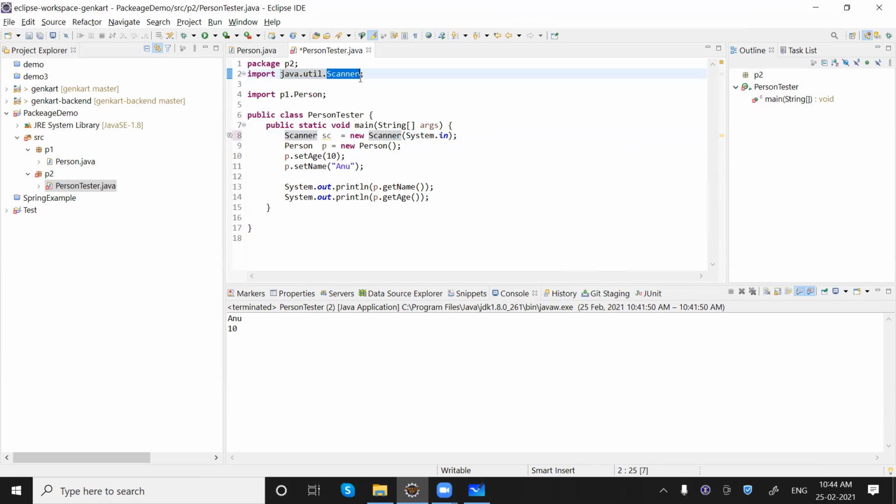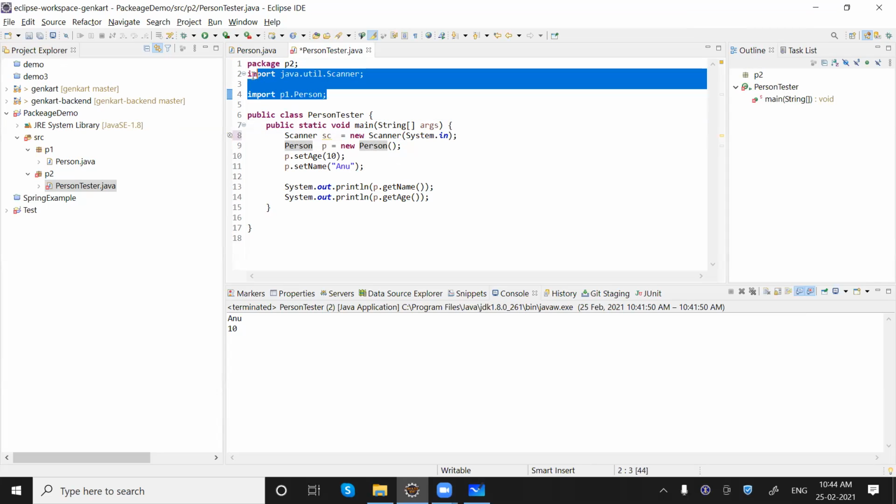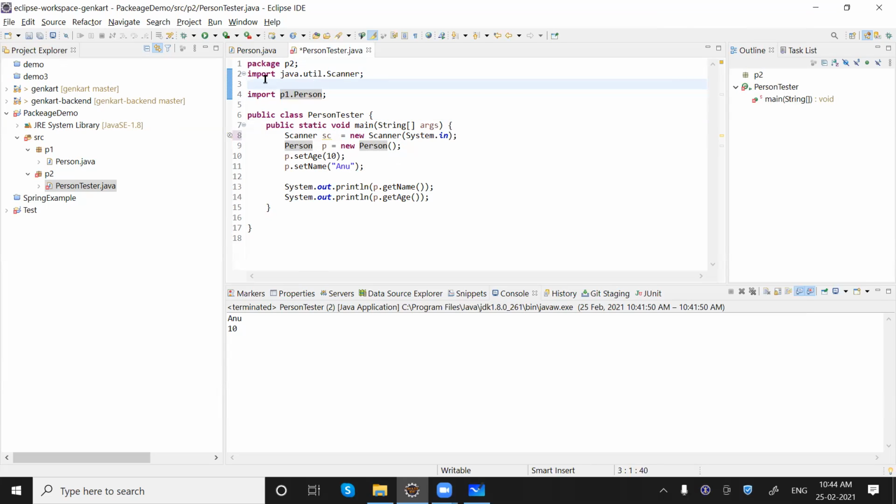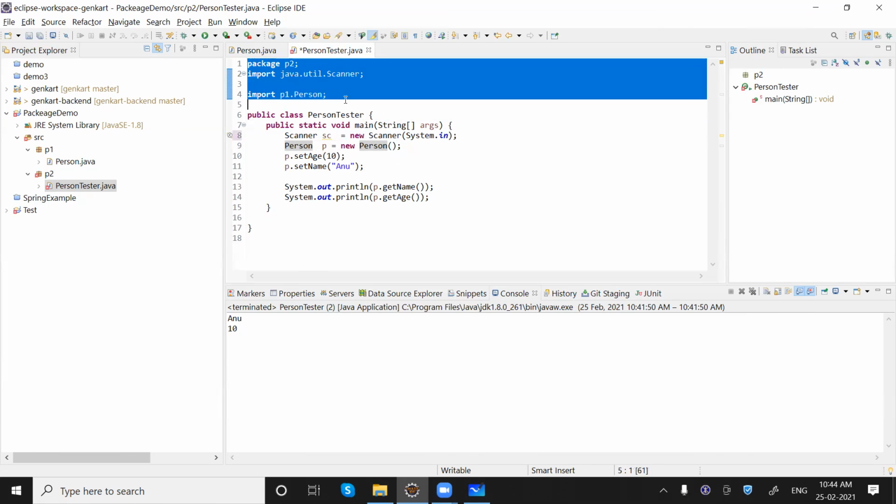So except for the java.lang package, if we are using any other class which is not directly available in the same folder where you are working right now, for example you are working inside PersonTester inside the p2 folder, that means this class is not there, this class is also not there, then you need to tell from where to use this class using an import statement. Getting my point?